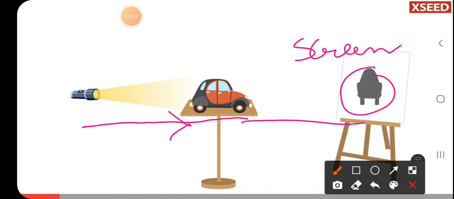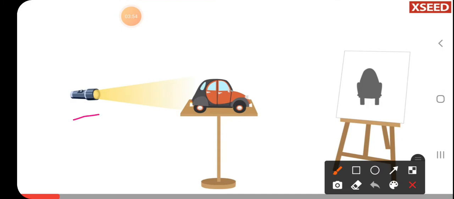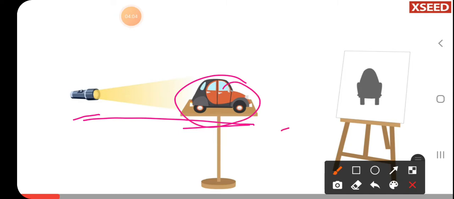Now this shadow size will always be determined by the distance between the light source and the object. If the distance between the light source and the object is bigger, that means the object is away from the